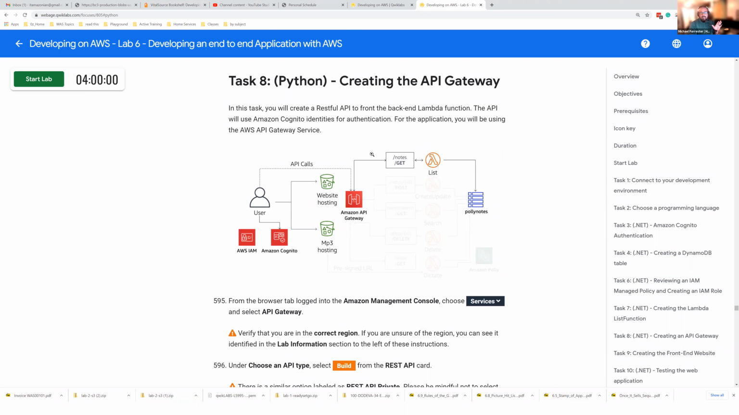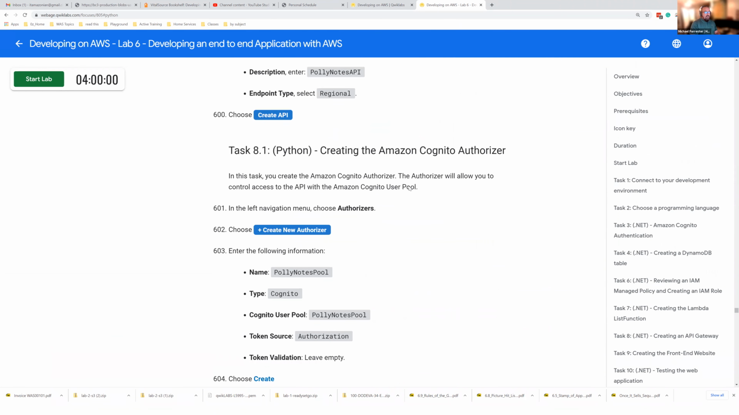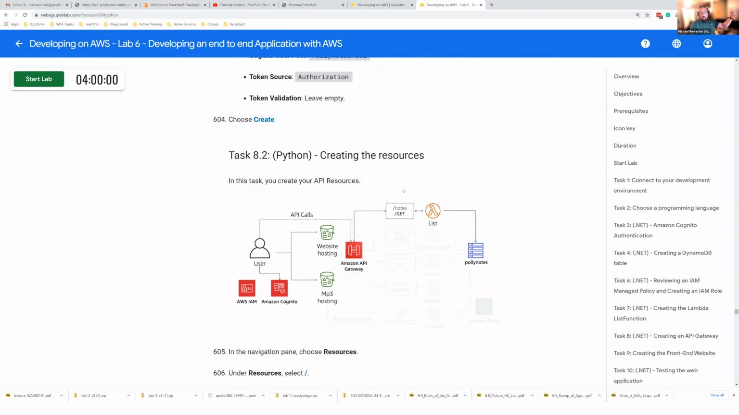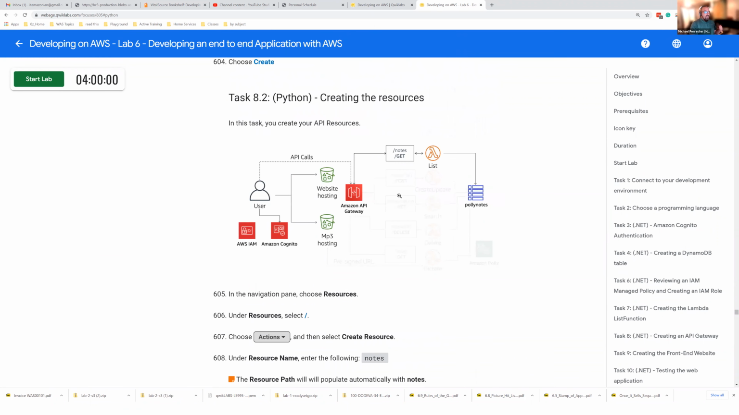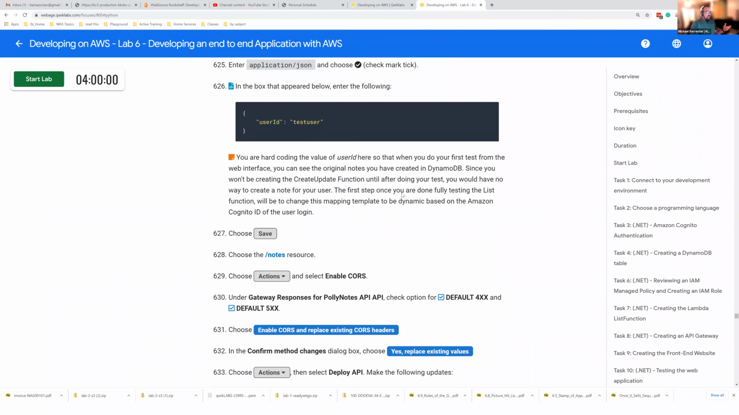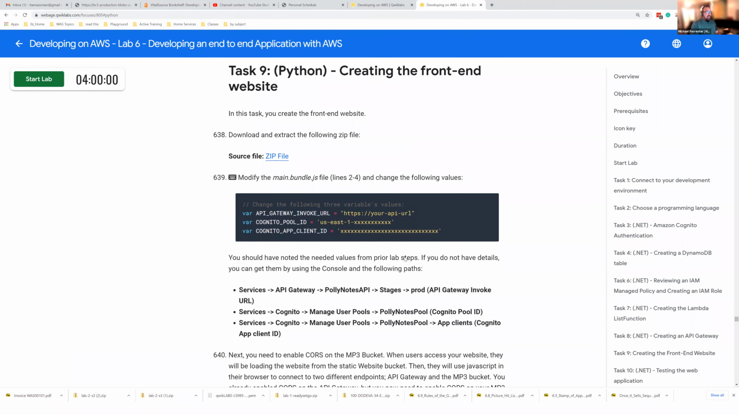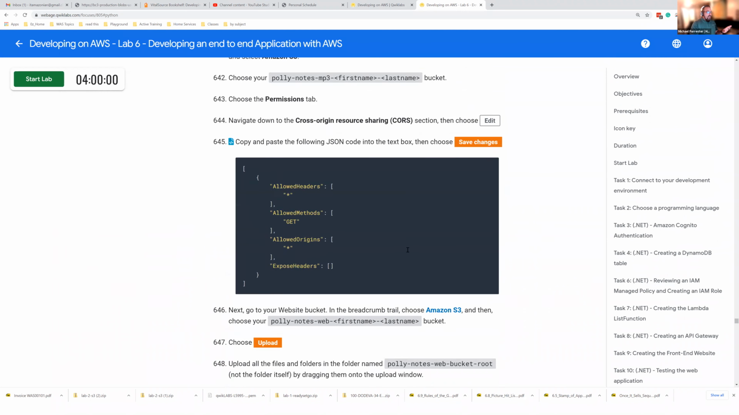Just be patient with yourself, slow down, take a look at the interface, look at what they're asking you, right? And then create the Amazon Cognito authorizer for the API Gateway. Then create various resources for your API, creating the GET method. You're going to create a bunch of different pieces. Then you're going to create the front end website, which in this case has a main bundle.js file. You're going to create the whole thing,